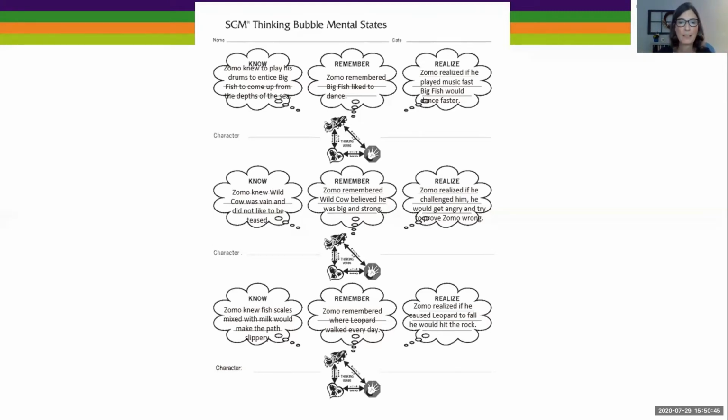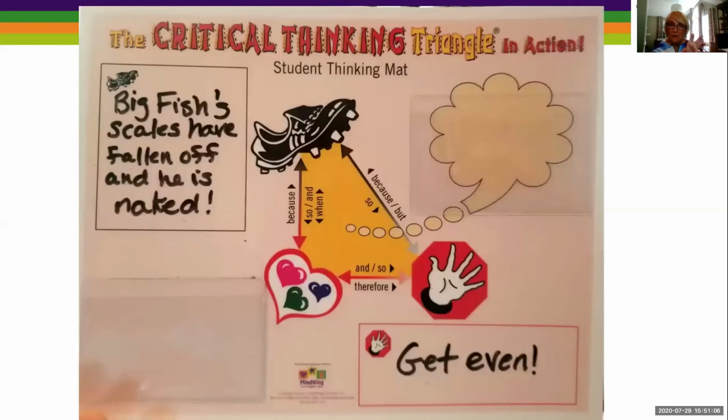And then Maryellen has these adorable little thought bubbles, and they go right in order. Know, remember, realize, and you can put more than one character on this sheet, and it's tied into that critical thinking triangle. And I think it's lovely. Again, it's making their learning visible and their thinking. In this one, we had all from Zomo's perspective. There were so many thoughts and mental states. Yes. In this one, Linda, when you did this, you had Big Fish,